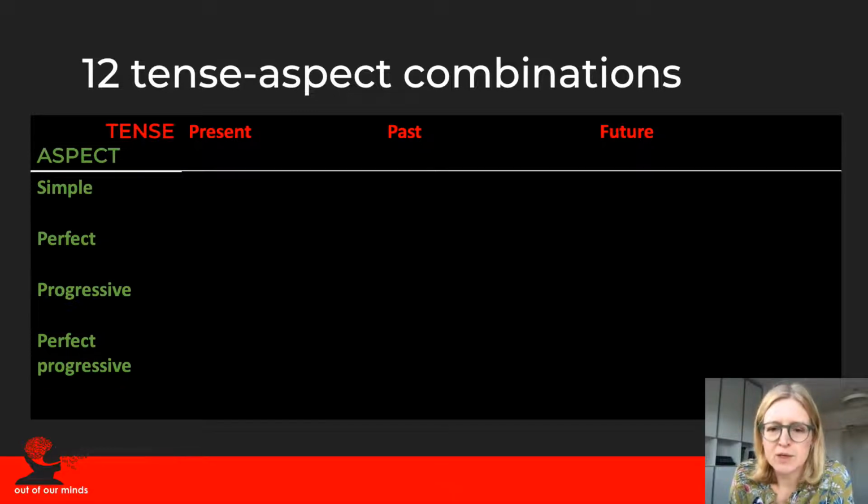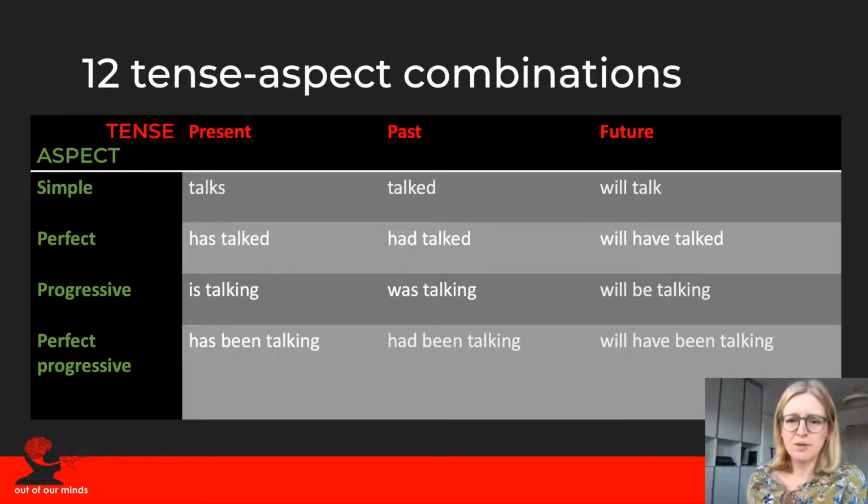The progressive aspect describes an event that takes place over a period of time, and perfect progressive is some kind of combination of both. And now you can apply those concepts to unsuspecting verbs, to any verbs really. We get the following. It's a very economical approach. You just swap the verb you're using, put it in the correct cell, create the correct or the corresponding form,